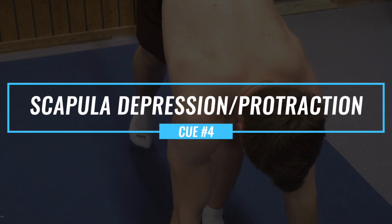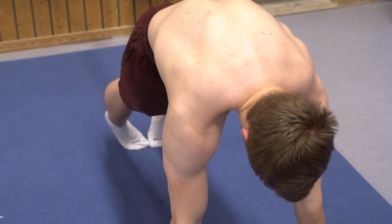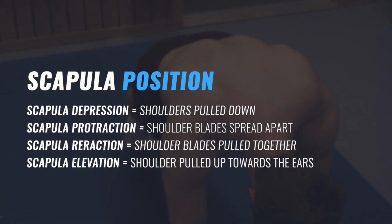In the push-ups, the position of your scapula or your shoulder position is going to be very important to make the exercise safe and to improve your performance. So for your push-ups, you want to think about two things when it comes to your scapula position. You want to keep the shoulders in a neutral position between retraction and protraction, and you also want to keep